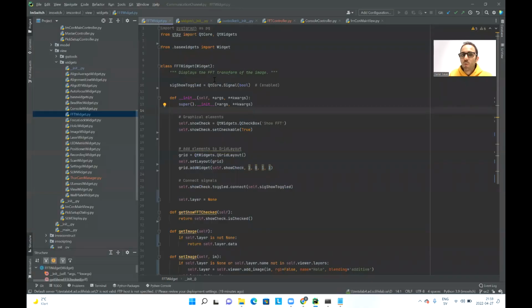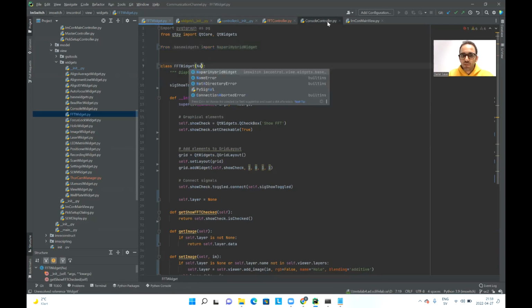The question is, what if instead of having a separate widget with the result, so showing the view box, the result of the Fourier transform, we want to update Napari, create a new layer, and add the result of the widget there, only the image. And for that, we have a special type of widget called Napari hybrid widget. So if we add here Napari hybrid widget,